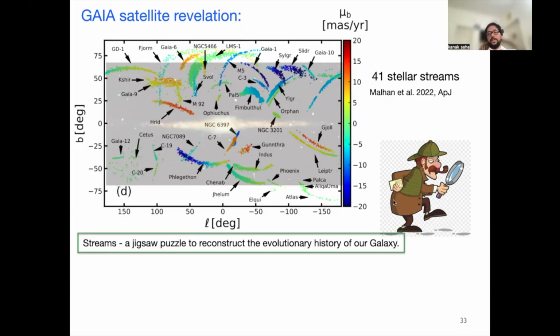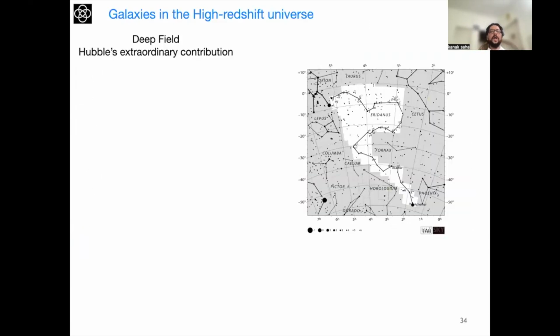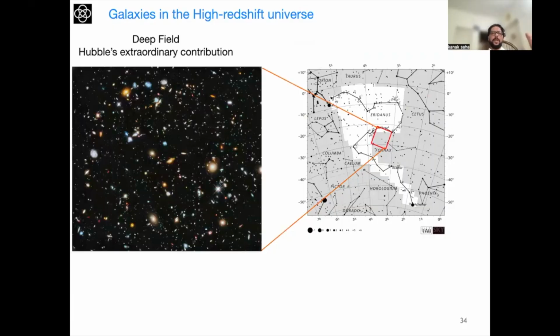It's like a detective. You have small pieces of information gathered together to create a bigger story about the history of this galaxy, the way it is. Not just the streams and the mergers, but when the galaxies are in the high redshift also gives you an understanding of how we can understand galaxy evolution, and in this context the Hubble's contribution has been extraordinary, because the Hubble,